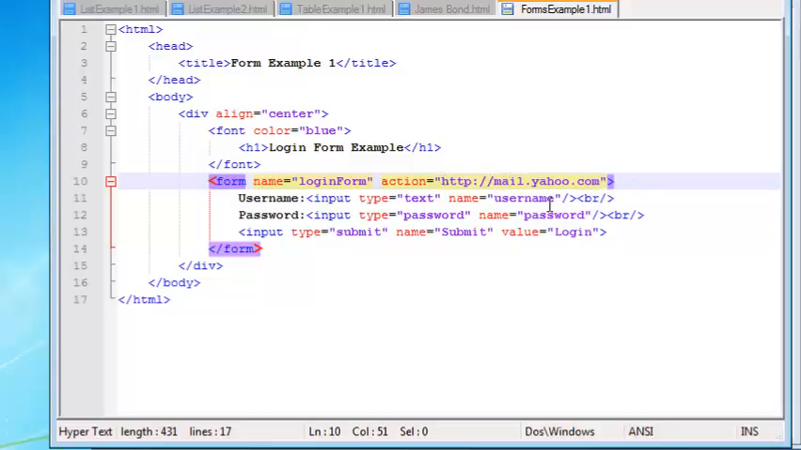Okay, another important attribute of the form tag is the method. Okay, what method is this form going to be submitted with? Now there are two kinds of methods. We usually have a get, which is GET, or a post, POST. Okay, so the question is, what's the difference? If you use a get to submit a form,